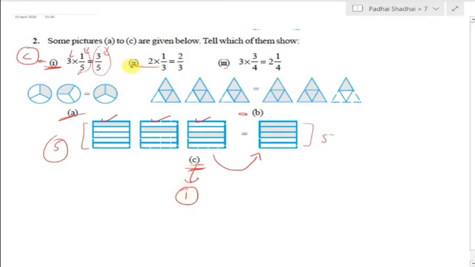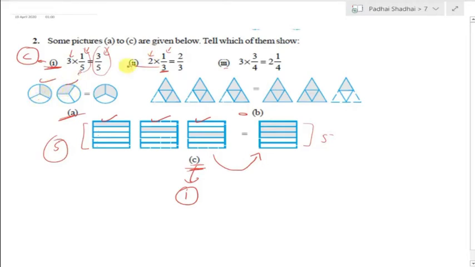Now let us move to question 2. 1 by 3, out of 3 parts, 1 is shaded. Let us check. Out of 3 parts, 1 is shaded. For which figure? We have left 2 figures, A and B. Yes, here, beta, see, 3 parts are given and out of that 1 is shaded, so it represents 1 by 3, and there are total 2 figures. For both the figures it is 1 by 3, 1 and 2 figures.